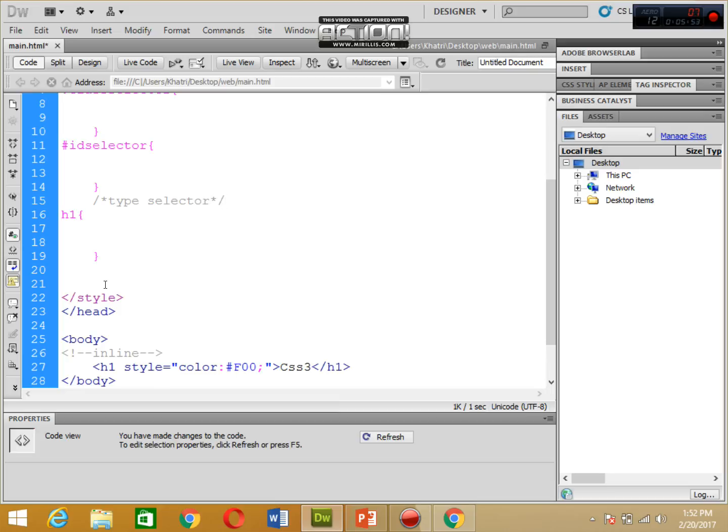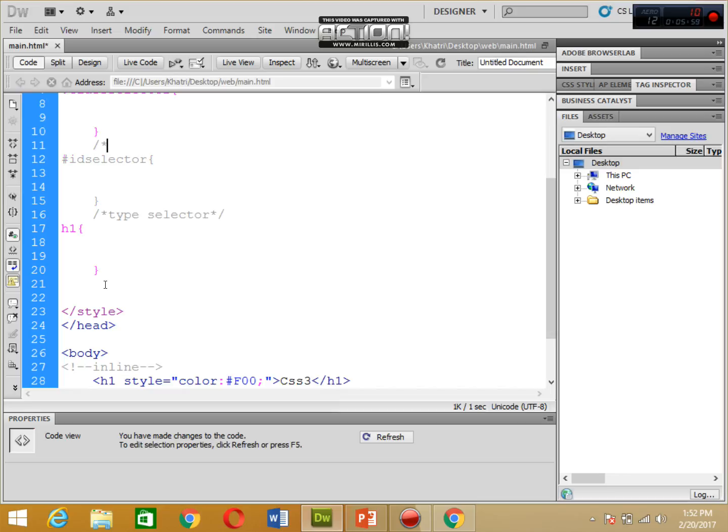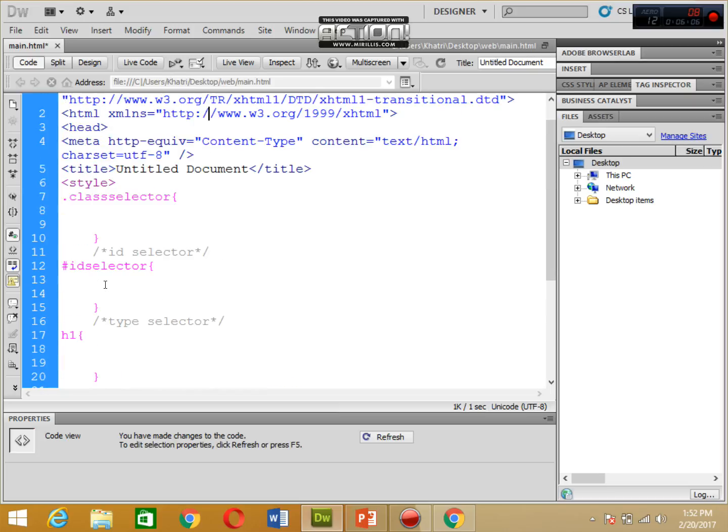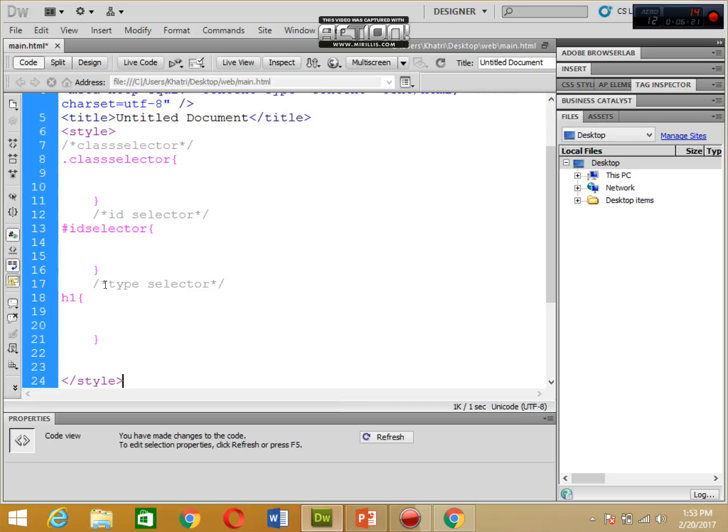Now here is an ID selector, so I will give it the comment ID selector, and now here you can see the class selector. I hope you understand it. It's not a big deal for you guys, now you can understand all these things.